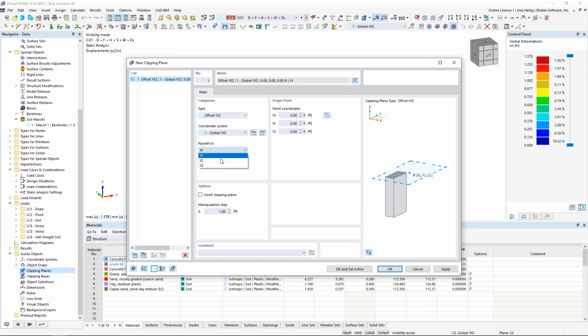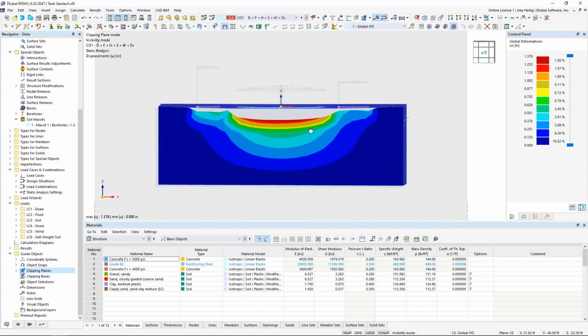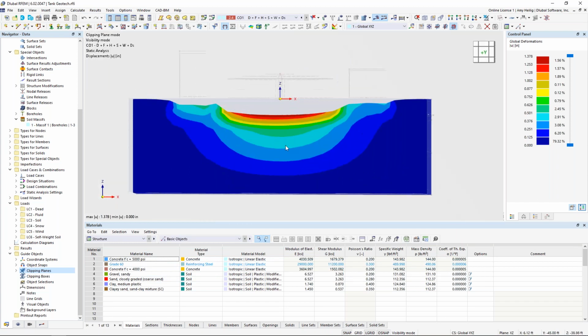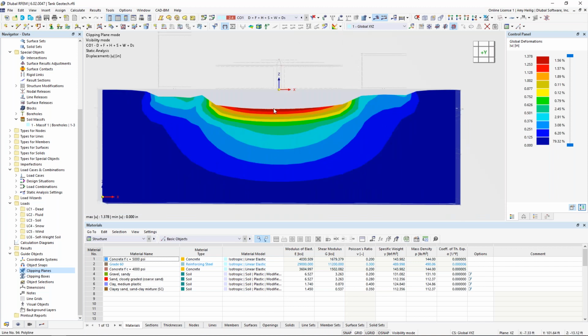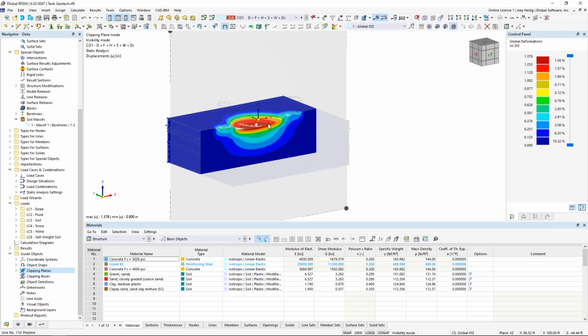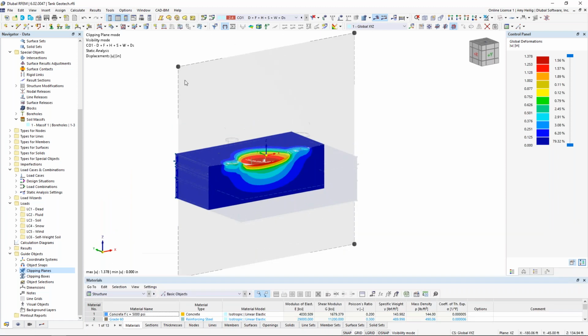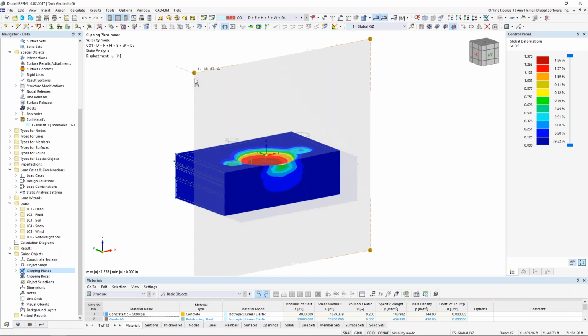And I'm going to set this to the XZ coordinates here. So when I click OK and set active, you can see that we're essentially slicing right through those solid elements of our soil. So we can view the deflection in a bit more detail here in the interior of the true soil elements. Now we can also take this clipping plane here and we can drag it back and forth